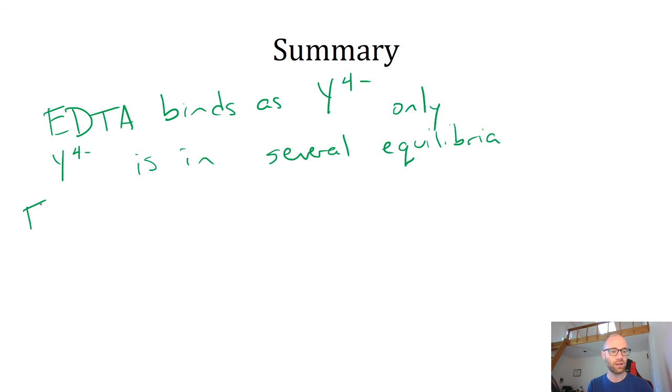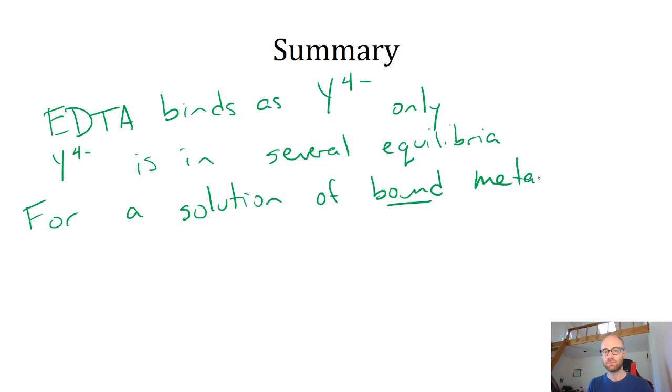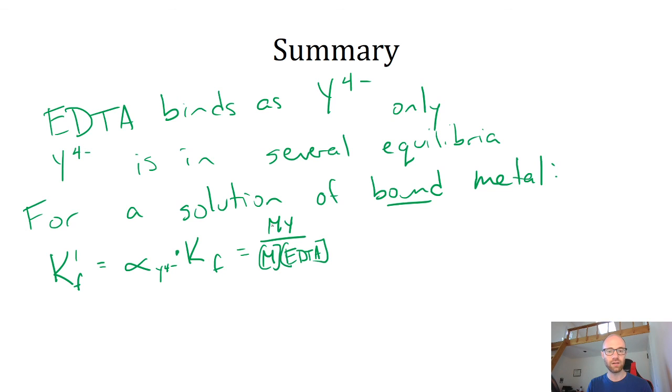So for a solution of bound metal, the general form is K prime F equals alpha Y4 minus times Kf, which is equal to MY over M times EDTA. And our general form for that is going to be equal to F minus X over X squared,